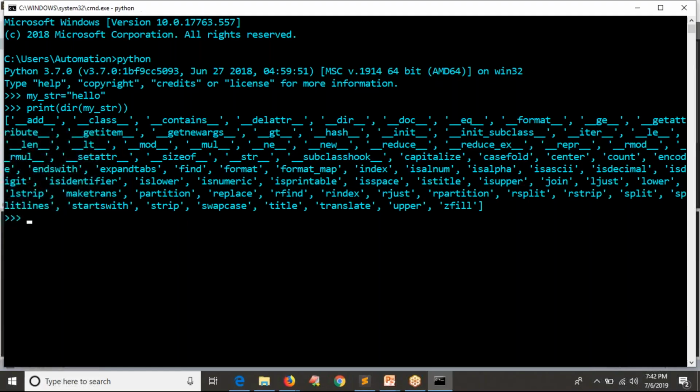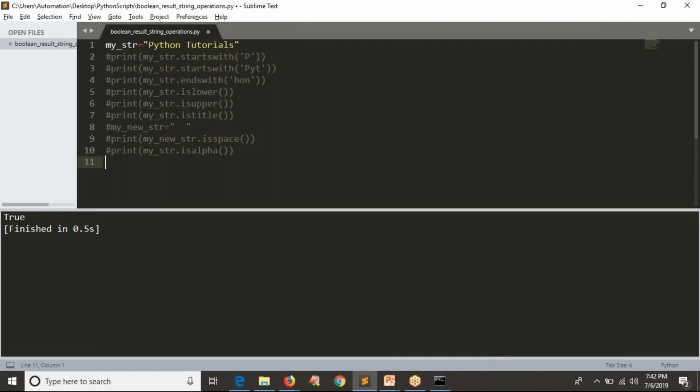That's fine. Now let me go with one more thing, called is numeric, for your numbers, right? Is printable, you can print. Is title, is upper. Let me take this one, is numeric. See, I am checking print my string dot is numeric.